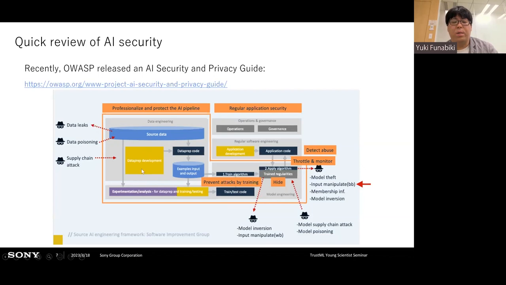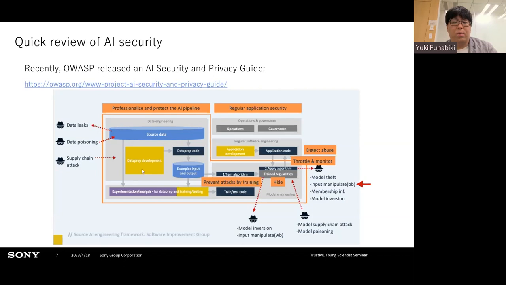In the training phase, the attacker can extract training data, or they can also contaminate the training data. We should also consider the supply chain problem. On the other hand, after the model is built, you can imagine after deployment of the model, the developer or organization should pay attention to